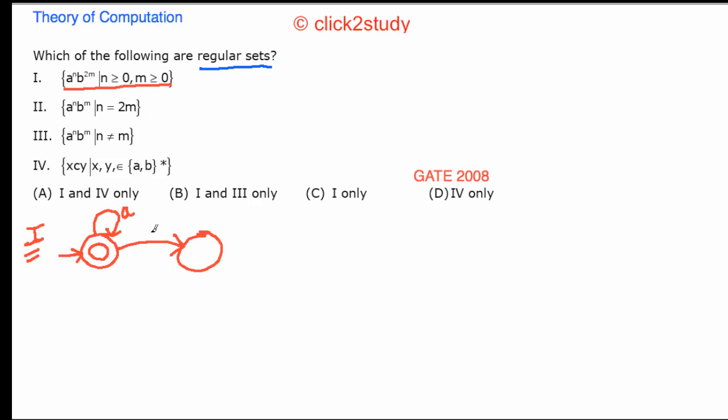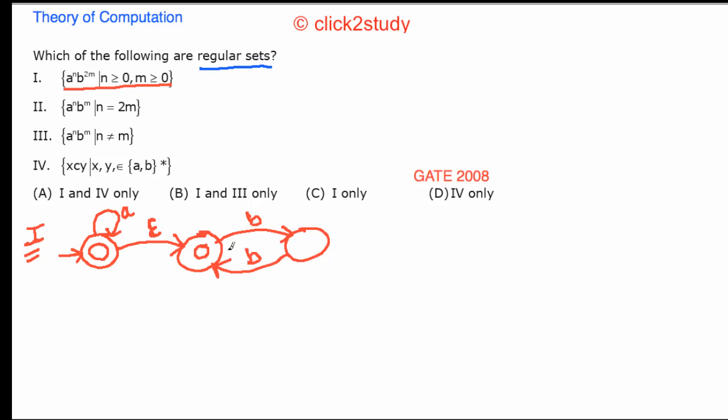Let's say I make an epsilon move, because I don't need a DFA. It doesn't have to be deterministic for regular, it can be non-deterministic. So I make an epsilon move out here and come here, and this is again my accepting state. If I read a single b, I go somewhere here which is not accepting,